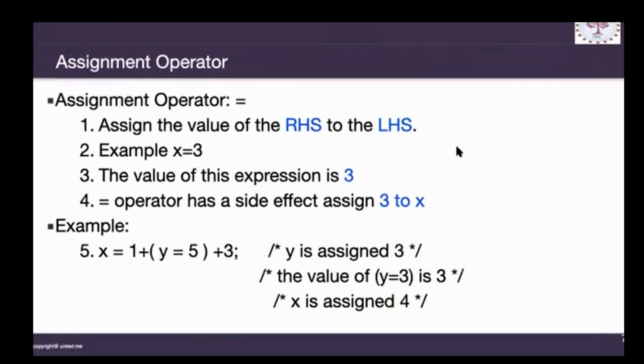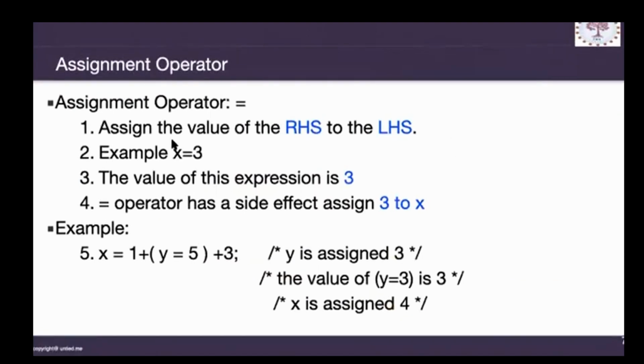After that, we have the assignment operator. In the assignment operator, the value is assigned from the RHS side to the LHS side. When you are assigning a value on the LHS side, it should be a variable, not a constant. Because if it is a constant, then the value will not be assigned. The variable represents a memory location, and if you have declared that memory location constant, then that value will not be assigned. So you should make sure that whatever you assign on the left hand side of the assignment operator is a variable, not a constant.